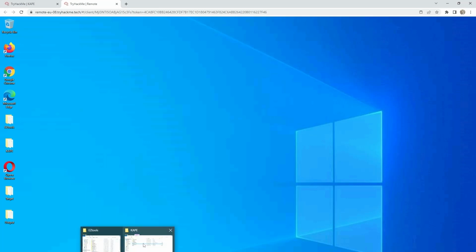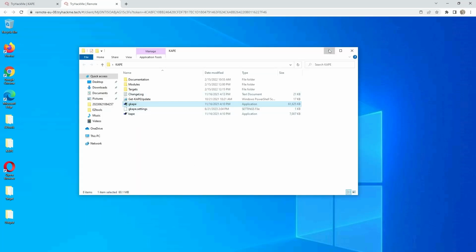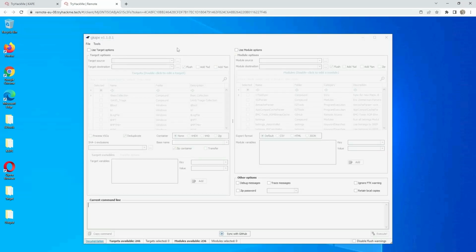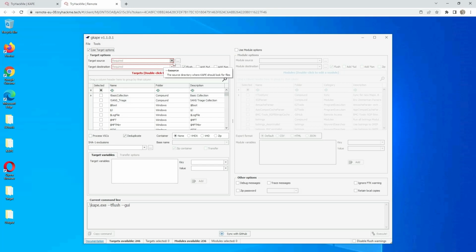It takes so much time to run this file, it's very slow. And now it's loaded, and first you need to use the target option. After that you need to use target source,